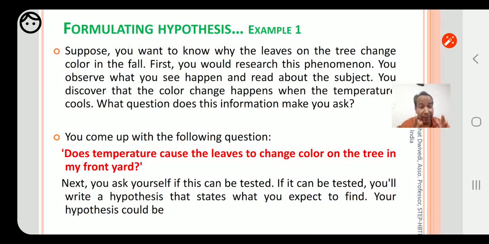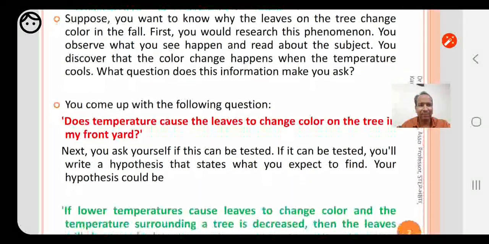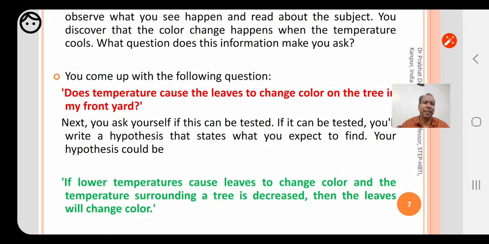Because we have reached this certain conclusion in our study, observations and all prior homework before formulating a research question and going towards research hypothesis. So the question may be, does temperature cause the leaves to change color on the tree? Now we can ask ourselves, can we test it?